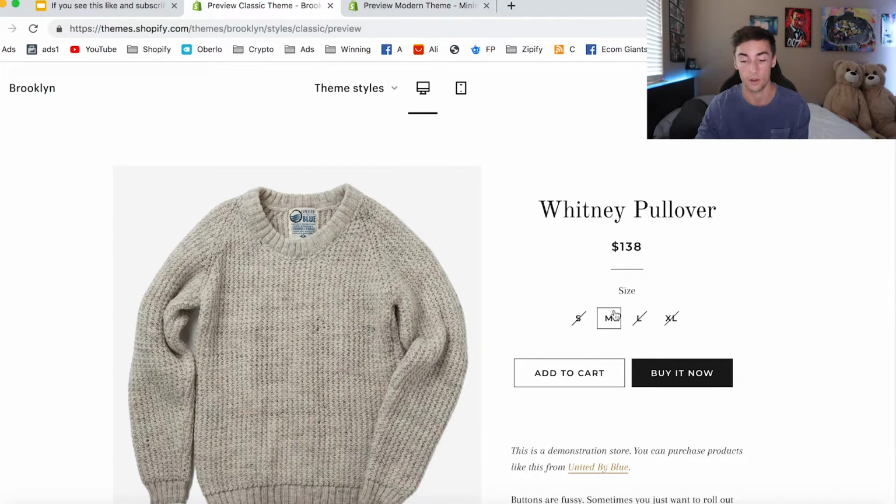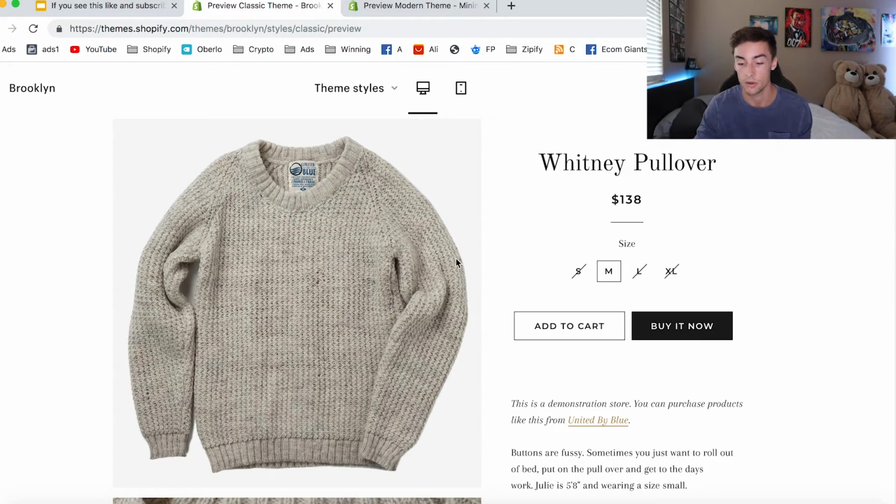I also like that they have radio buttons. I like radio buttons more than drop-down menus because the customer can see all the variants right in front of them. They don't have to click the button and then select the variants. They can just select the variants, and it kind of skips a step. So radio buttons are very effective unless you have like 30 different variants, and then you're gonna need a drop-down menu because your radio buttons are gonna take up way too much space. Radio buttons means literally just a button like that. It's just what they call it.